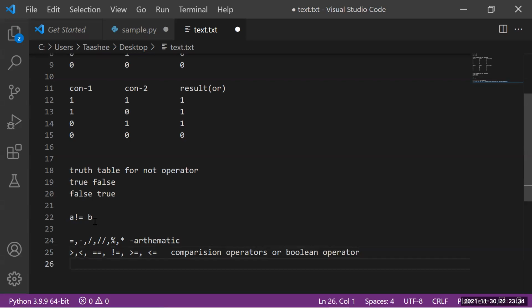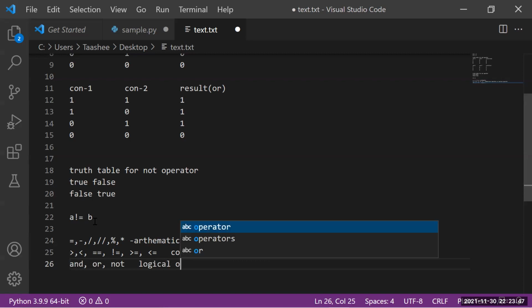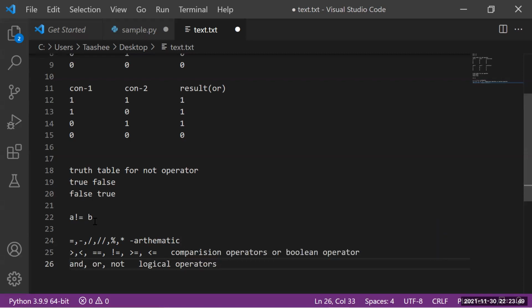And next we also learned and, or, and not. What are these called? Logical operators. These help us find the logic between the comparison operators. We'll always use comparison operators and logical operators together whenever we require. Is that clear to you all? If there are no doubts, I'll get back to the MCQs part.